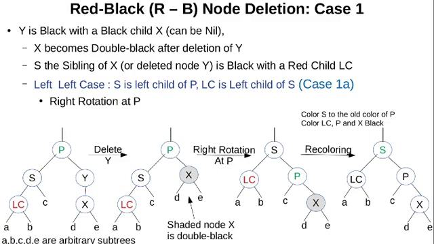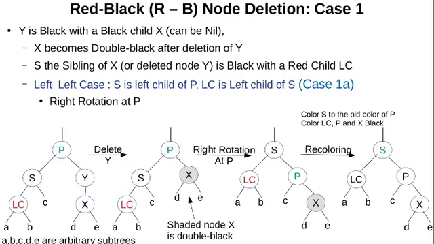When we do the right rotation at P, S moves upwards and P falls on its right. As the value of P is greater than the value of S, this rearrangement does not violate the binary search tree property. Next, we need to fix the right child of S. The nodes in subtree C are greater than S and are less than P. So we can attach C on the left of P without violating any binary search tree property.